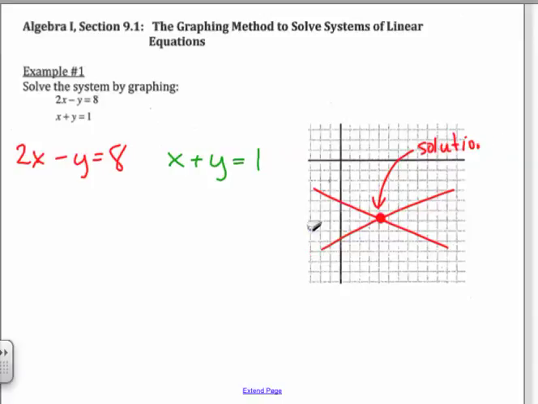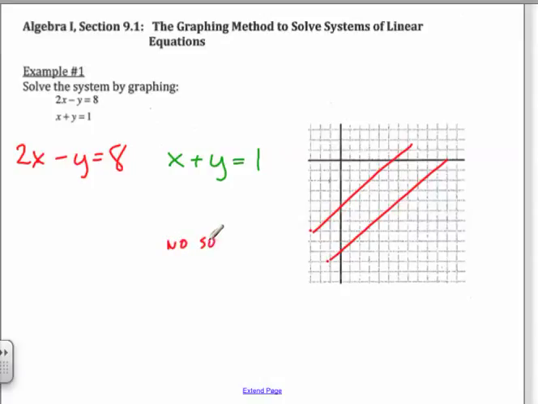The second thing that can happen is that the two lines are parallel and they never cross. They won't have a common solution. Each of them have infinite solutions. Yes? There are an infinite number of points on each one of these lines. But they don't have a common solution. So we would say that there's no solution to the system. Each of the lines has infinite solutions, but they don't have a common solution. Or the third thing that can happen, and we talked about this last year, is that